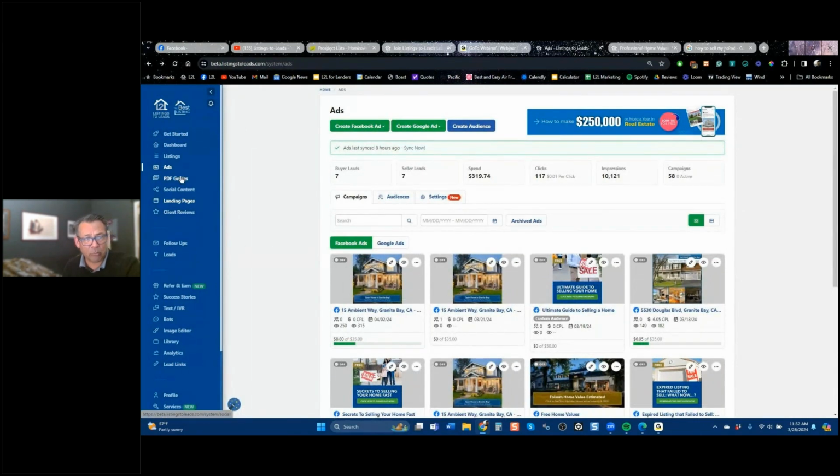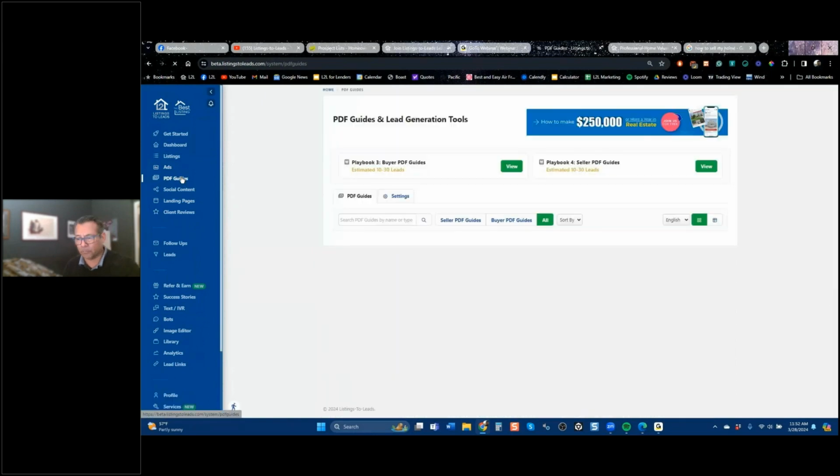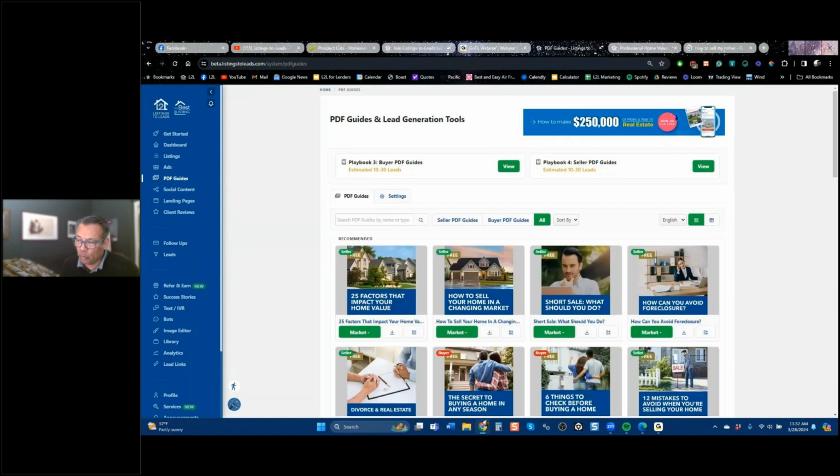Now, one thing we didn't mention is PDF guides. There are PDF guides for buyers. There are 80 of these. You each have 80 PDF guides, and you are branding every page of every one of these guides. If you click the green button here, you'll see there are multiple ways of getting this out. Some are free, some you pay. Facebook and Instagram,